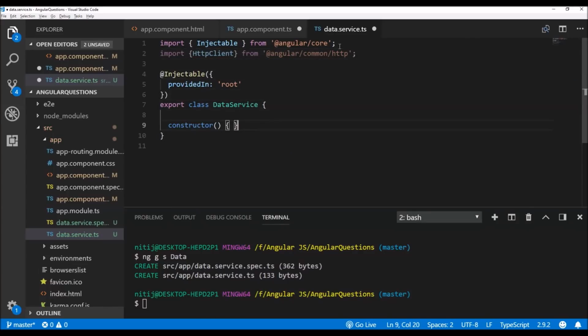This should be HTTP, and then in the constructor I'm going to inject the HttpClient dependency. Now I'm going to create a function getAllPosts, and I will tell you from where I'm going to get the data,